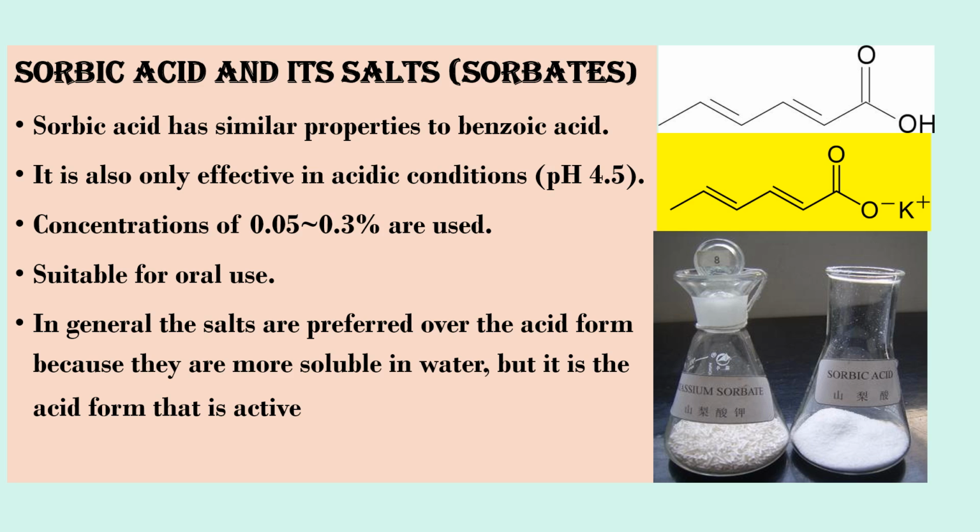So there is 1, 2, 3, 4, 5, 6 carbon. It's a 6 carbon chain containing alternate conjugated double bonds and the carboxylic acid at the terminal group. If you can see, it has first, second and third unit. The first and the second contain a double bond and the third contains a carboxylic acid group. So this is how you can remember the structure. First double bond at the end, second double bond at the end, third contains your carboxylic acid group. This is how you can remember the structure of your sorbic acid.